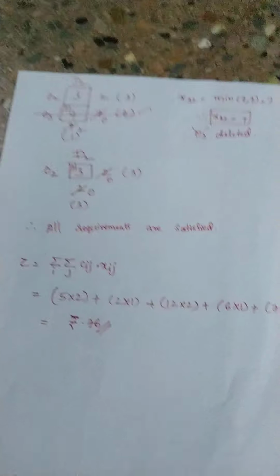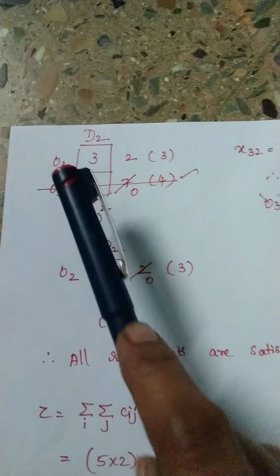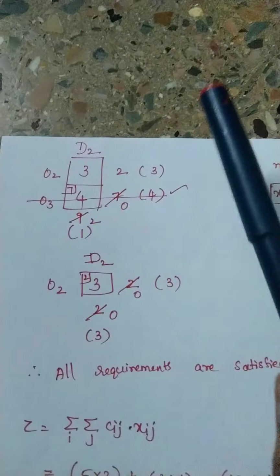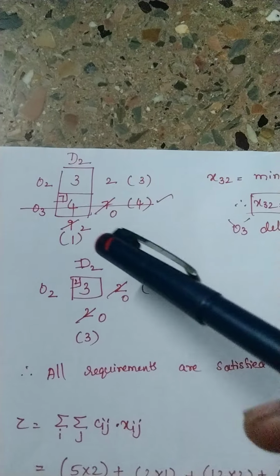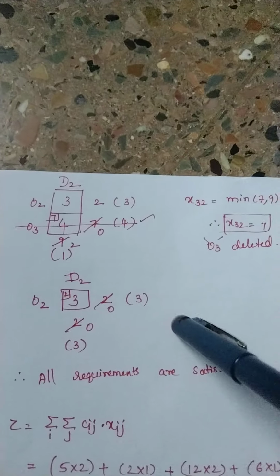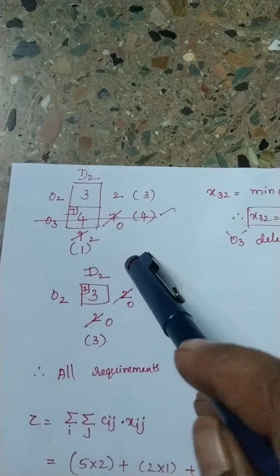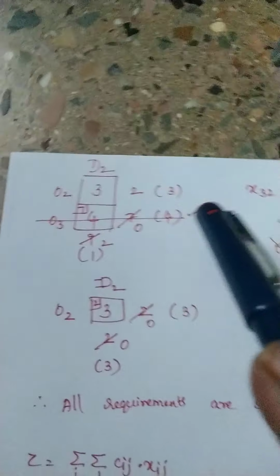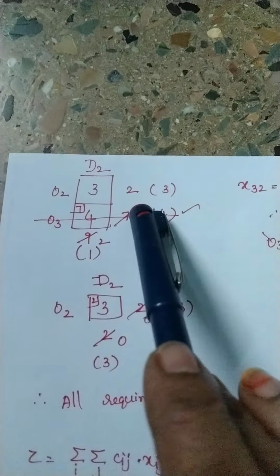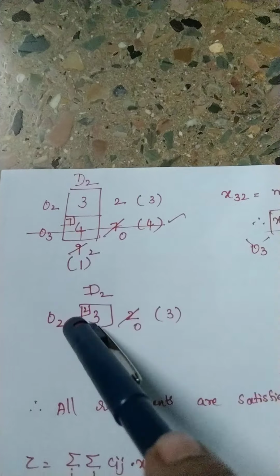And the remaining values are here: 3, 4. The origins O2, O3 and D2 is the destination. 2 plus 7 is 9 and here it is also 9. We have to check this for each and every matrix. It will tell you whether you are going the right way or not. We can check for every matrix whether the availabilities and requirements are the same. Now, here the least value is 3 and here it is 4. And here you got the penalty as 1. 4 minus 3 is nothing but 1.